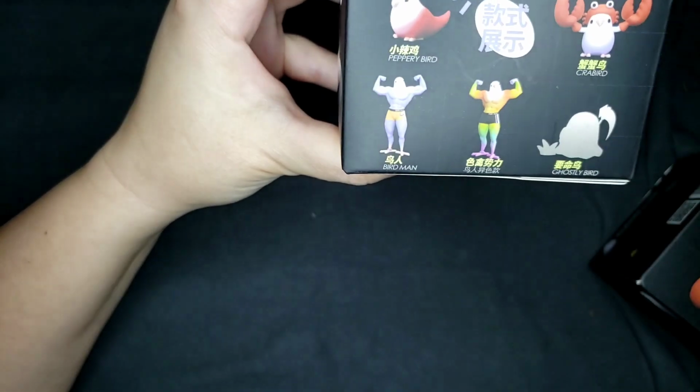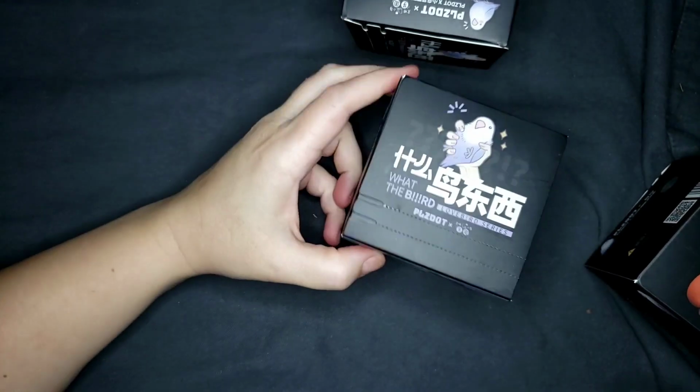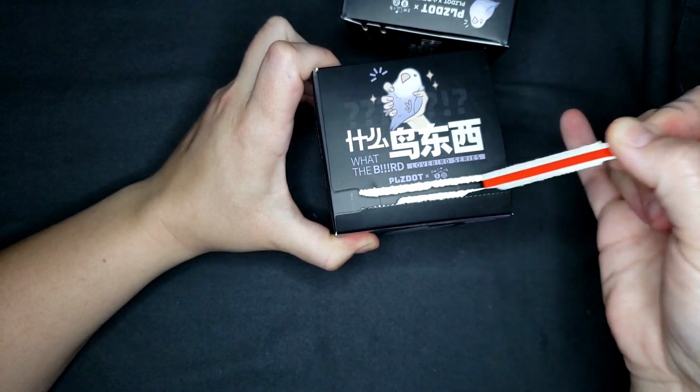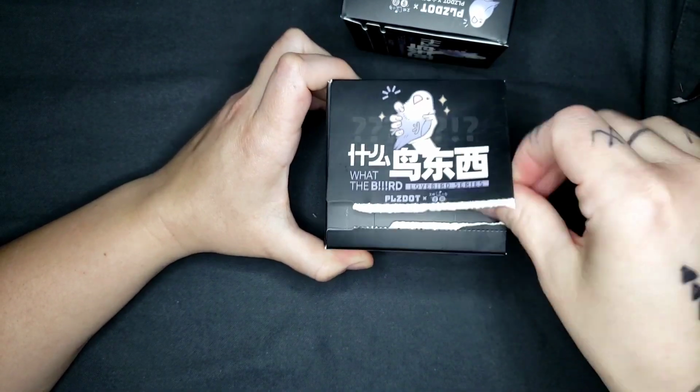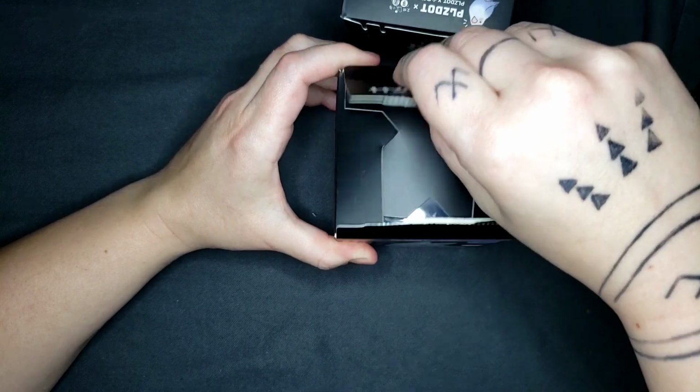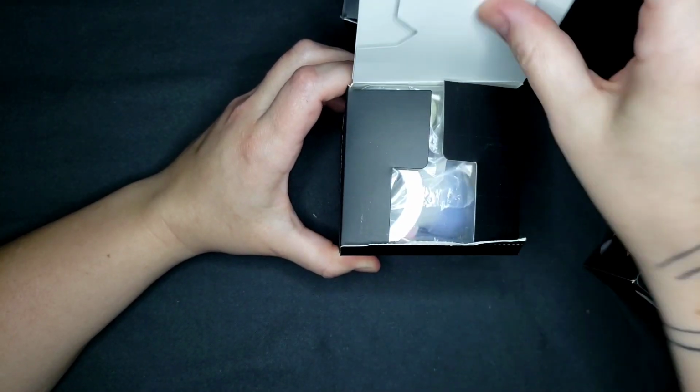Okay, but anyway, we are looking for BIRDMAN. Let's see if we get any BIRDMAN. I bought 3. There's only 6 technically to collect that aren't secrets. So we have a 50-50 chance, basically, of getting one. I guess you have a 1 in 6 because there's no...